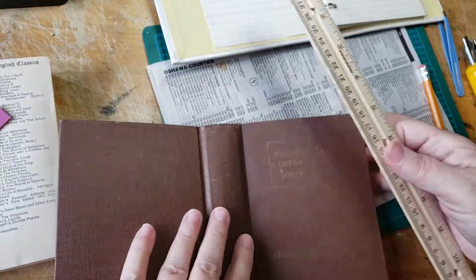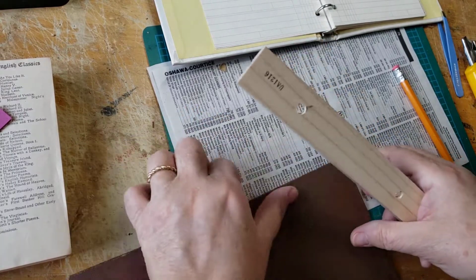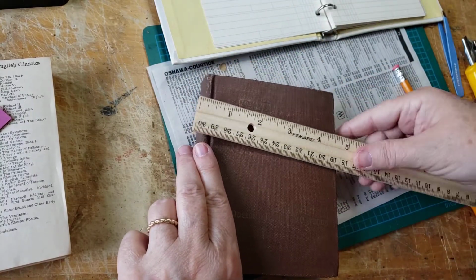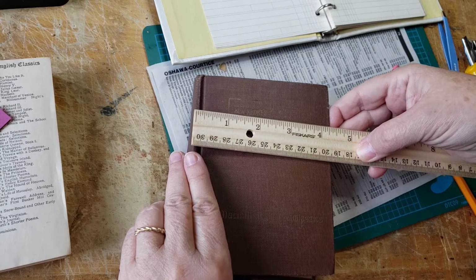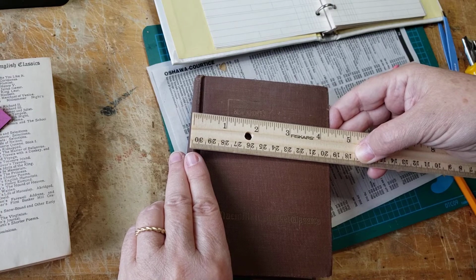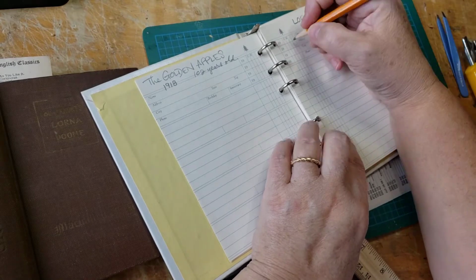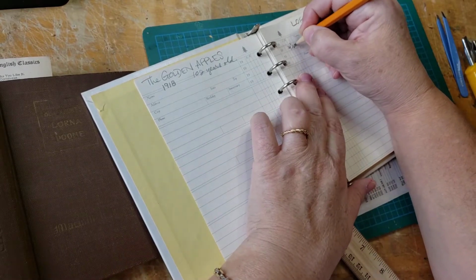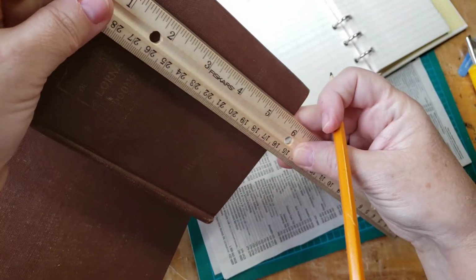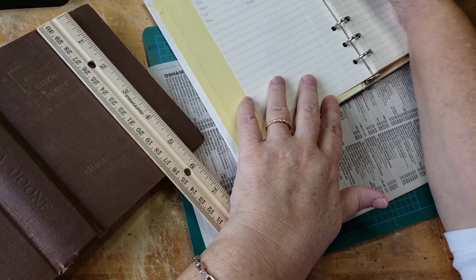I know I measured it yesterday, but let's just do the front cover. The front cover is 4, but once you add the curve that's in it, it does bulk it up. It will bring it out to, I dare say, 4 1/4, perhaps 4 3/8. I'm going to say 4 1/4 just for good measure here. So 4 1/4 by 5 3/4 by,